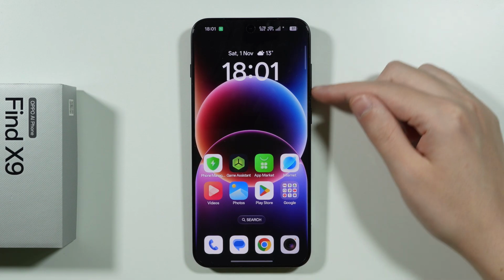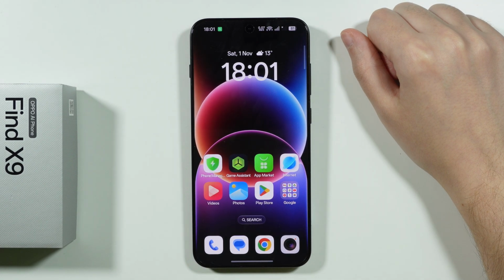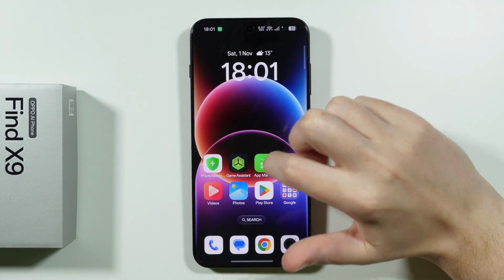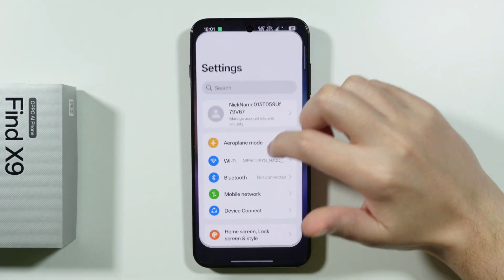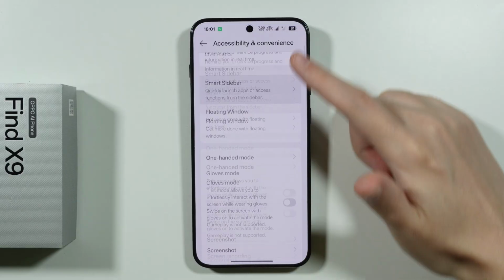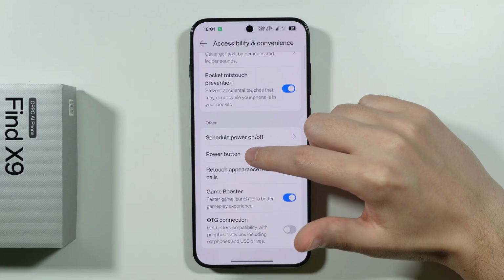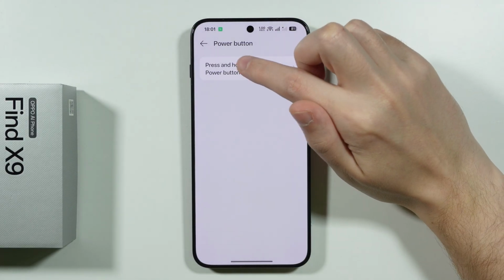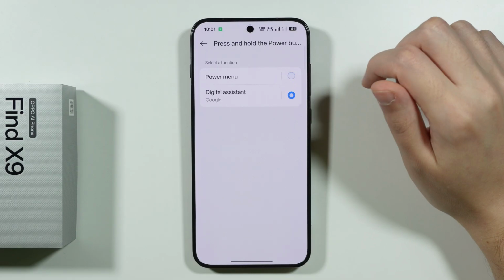If you want to use the power button to activate Gemini or Google Assistant on OPPO Find X9, then first of all we need to go to settings. Over here in settings we can go to accessibility and convenience, scroll down, and we are looking for the power button option. In here we have press and hold the power button,